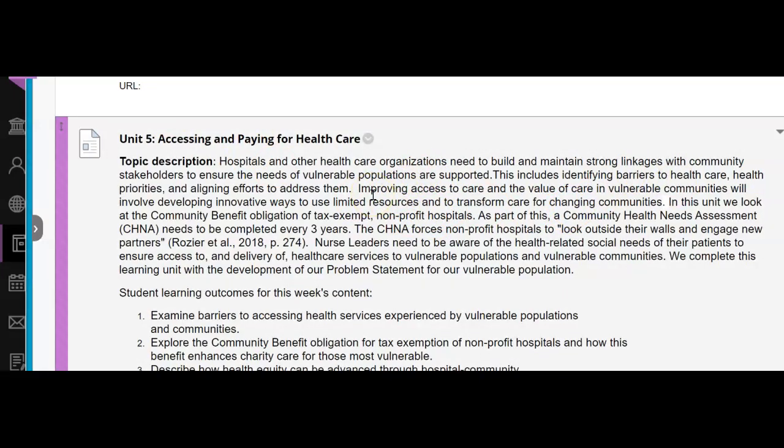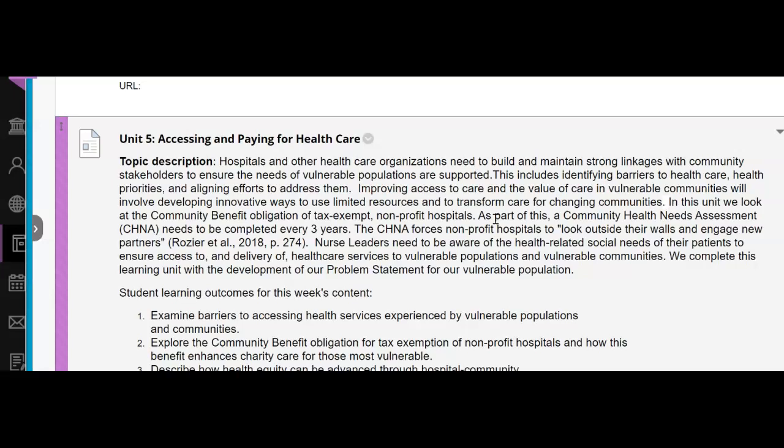So we know that improving access to care and the value of care in vulnerable communities will involve developing really innovative ways to use what we all know to be limited resources and develop and transform our care for changing communities. So, in this unit, we're really looking at the community benefit